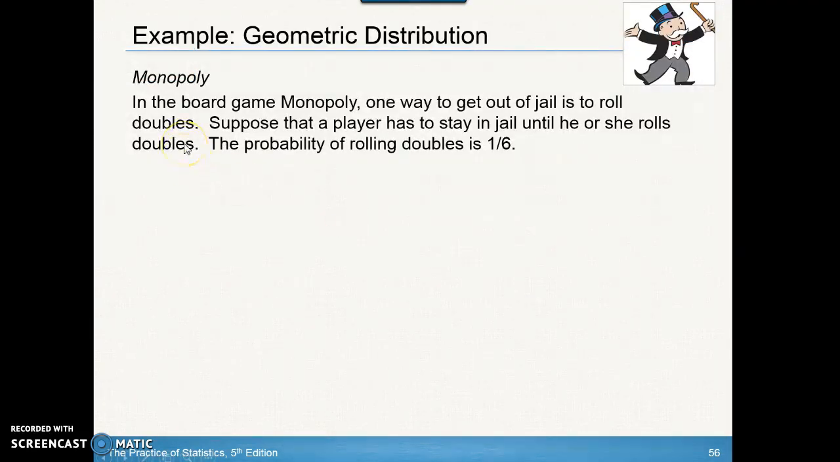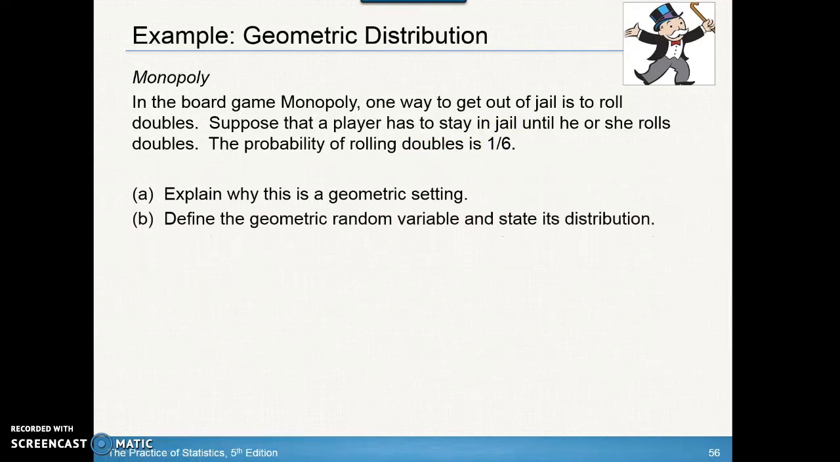Okay, so let's do a couple examples. So in the board game Monopoly, one way to get out of jail is to roll doubles. Suppose that a player has to stay in jail until he or she rolls doubles. The probability of rolling doubles is 1 out of 6. So I want you to explain why this is a geometric setting, define the geometric random variable, and state its